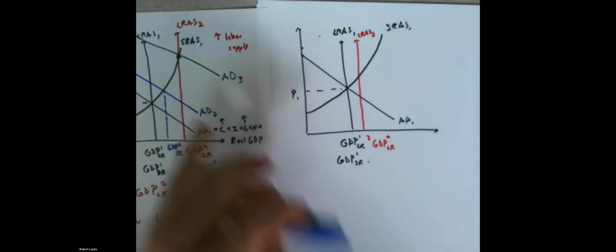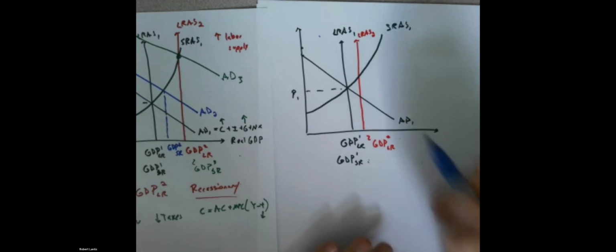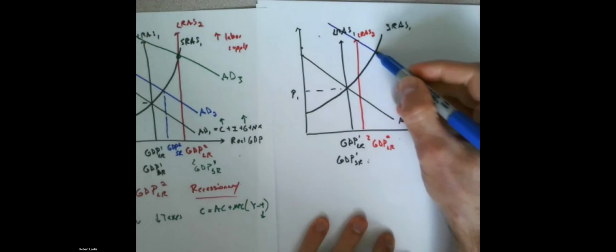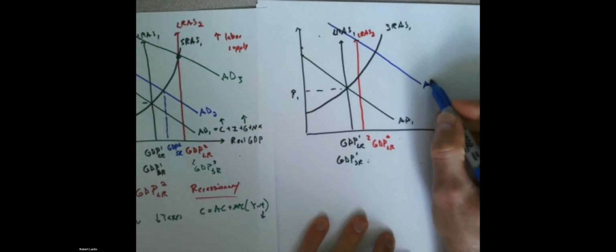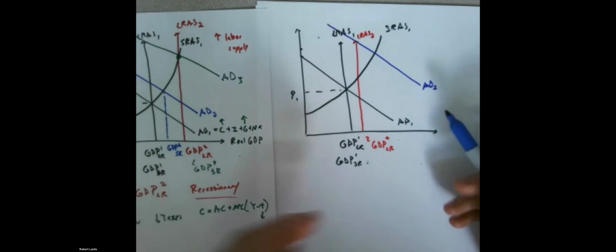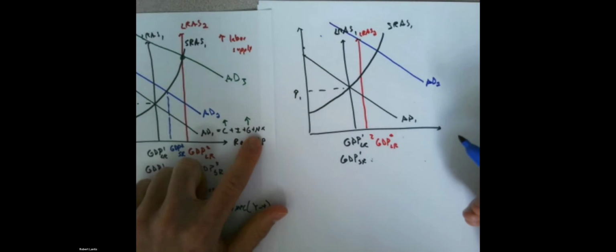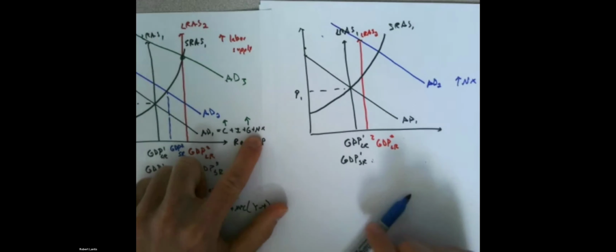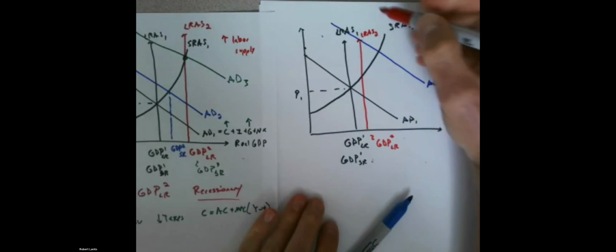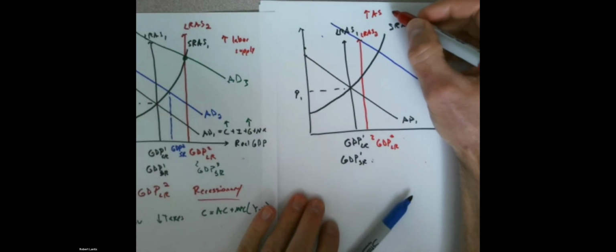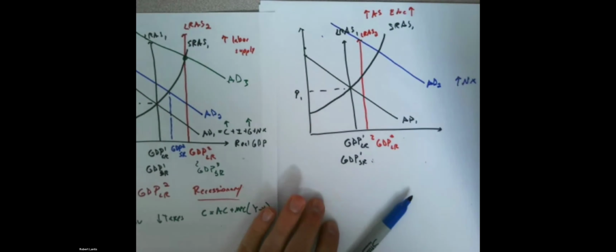However, now if the aggregate demand shift is larger than that long run aggregate supply shift, potentially I end up with something that looks like this. So I'm drawing this pretty extreme here. And what could cause this? Could be from an increase in net exports, right? So maybe aggregate demand went up because net exports increased, and maybe long run aggregate supply went up because, I don't know, we could say that education levels increased.